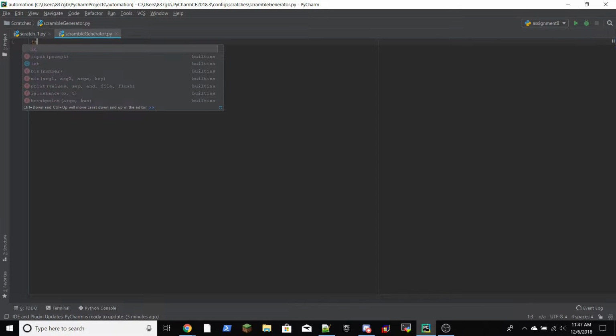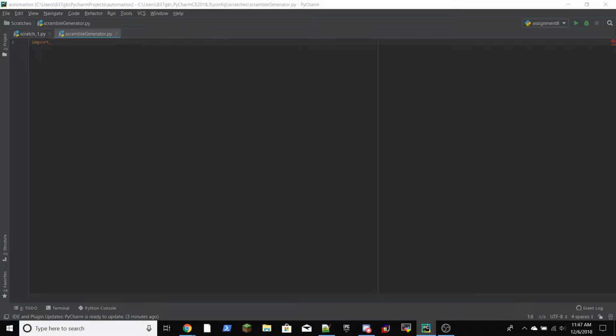So the first thing is import the random library. We haven't utilized it yet, that's why it's blacked out. So the next thing we're going to do is, I call these moves as a variable, mainly because that's what they are. So it's U, D, F, B, R, and L,